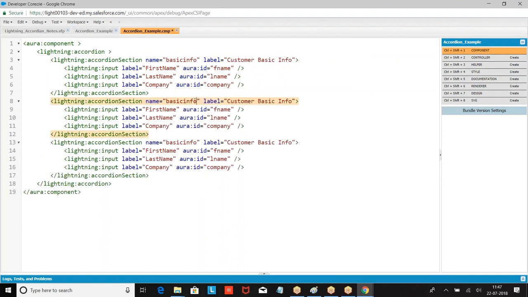Accordion section: basic info, education. The name of a section is the same as the table of section. Now the Lightning accordion sections. So here I am going to take